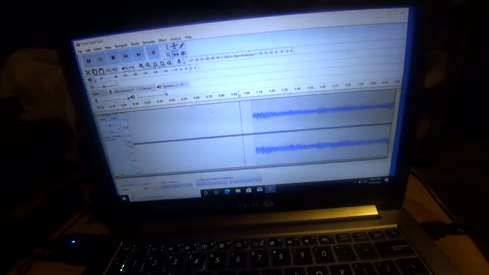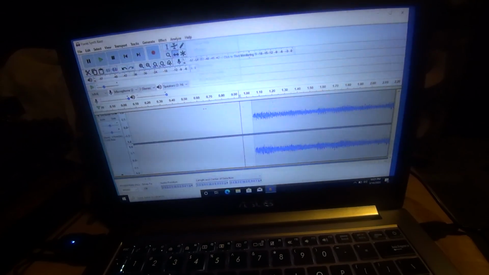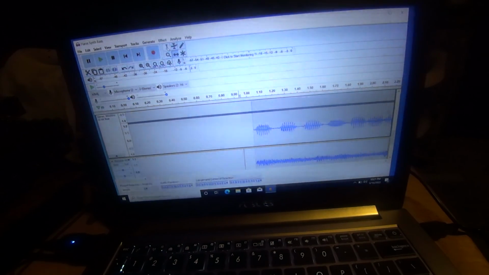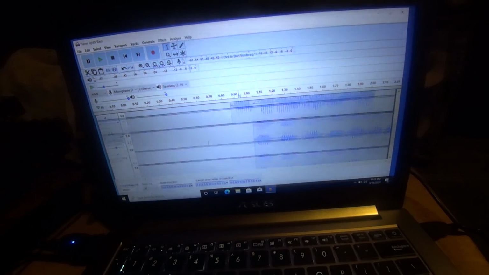But okay, I remember something very important. When you're recording and you've got a basic laptop, not a high-end laptop, which you wouldn't even be using this program if you had one, probably. But if you're using a laptop like mine, you don't want to have too many tracks. I usually